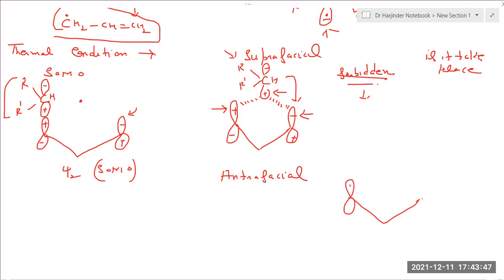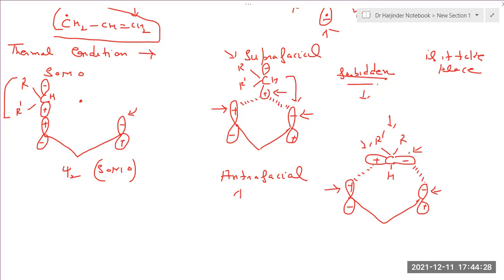So again we have this system plus minus minus plus. Now it is interfacial. That means lobes on the opposite side they will overlap. So how will they overlap on the opposite side? Like this. So here you have plus, here you have a minus. So this lobe will overlap with this one, and this will overlap with this one. Now it is interfacial or suprafacial? Now you can see even this migrating lobe, these combining lobes, they are on the same side or on opposite side? Opposite side, sir. They are on opposite side. So that's why it is interfacial.